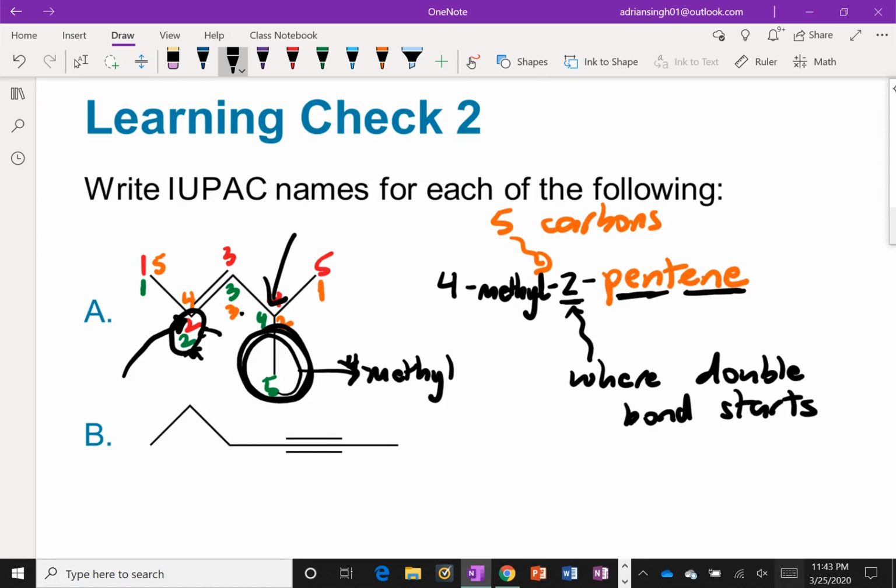So it's systematic, and we use the same sequence of events to name it. We established the longest carbon chain, but now we're making sure that both carbons of the double bond are in that longest chain. We're going to number that chain to get the lowest number possible for the carbon that starts the double bond, and then that locks in our numbering system. Right, so once we establish it as 2-pentene, we're saying we're going to number it from the left side. So then that methyl group is going to be attached to carbon number 4. Right, so 4-methyl